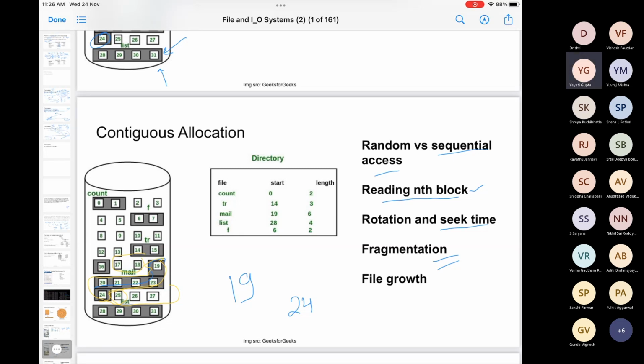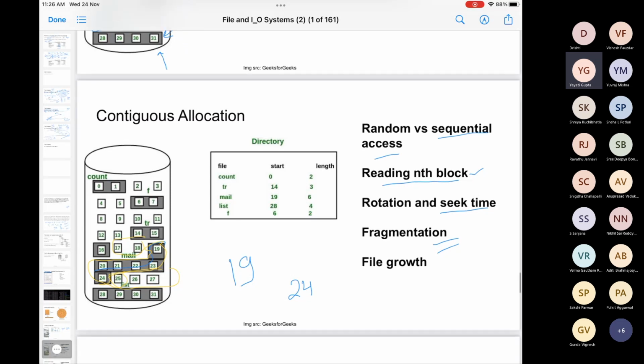Okay, how can we implement paging here? Let's think about it. Right, so we can do the same thing. We just require a separate table. The idea is you can store any block in any sector, but we should have a table which tells me which block went and sat in which particular sector. We can access that table, and the table will tell us where to find the particular block. That is one thing we can do.